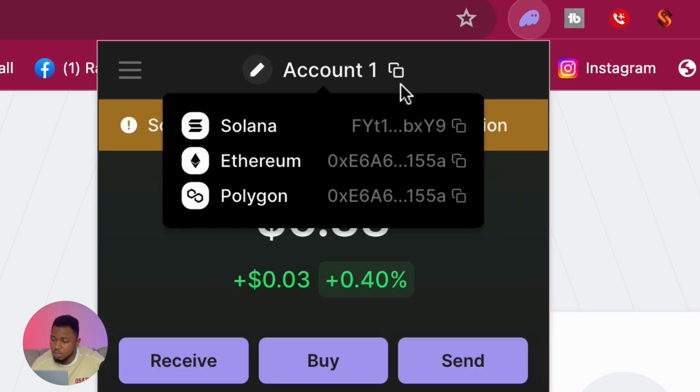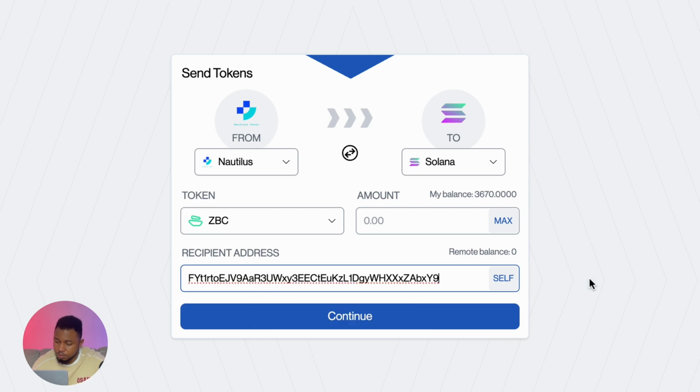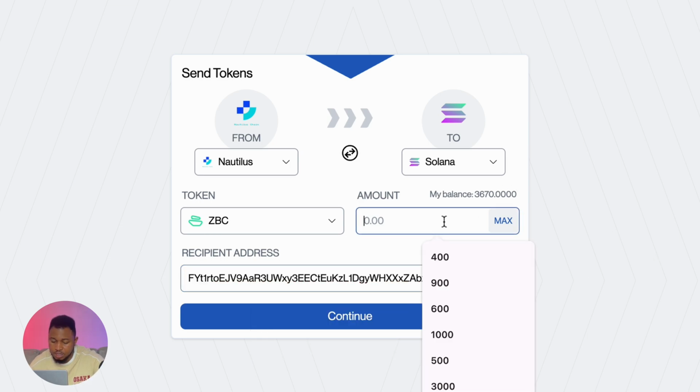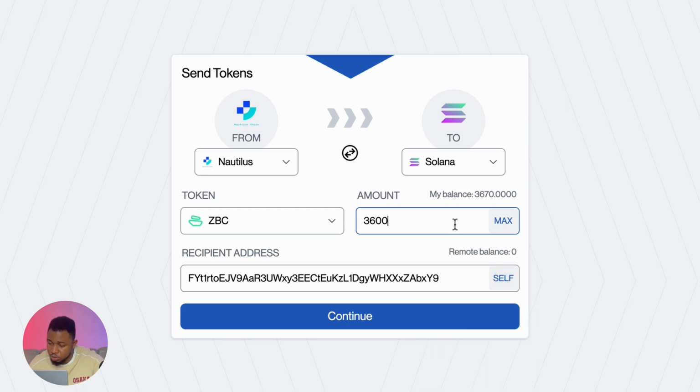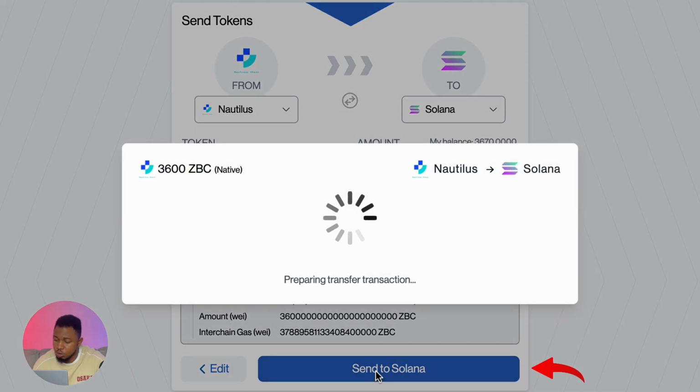So this is my Solana wallet address over here. I'll copy it, I'll come here and then I'll paste it. Okay, so for the amount I want to send, I can just send like 3,600 since I have about 3,670. I'm going to leave a little for transaction fee. So click on continue, click on send to Solana,